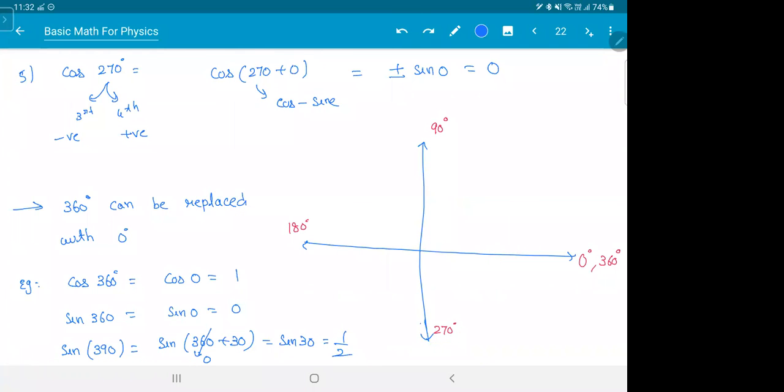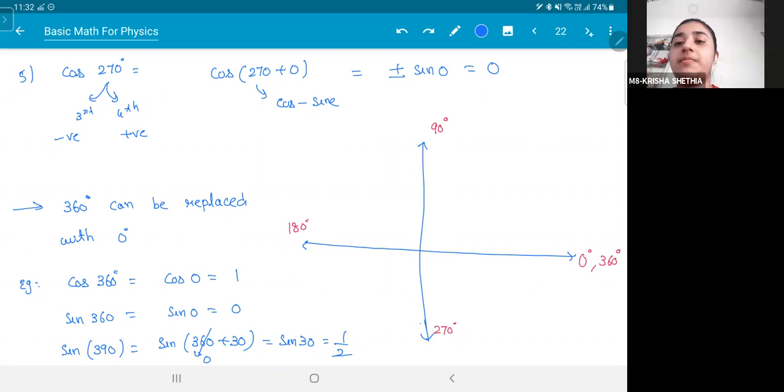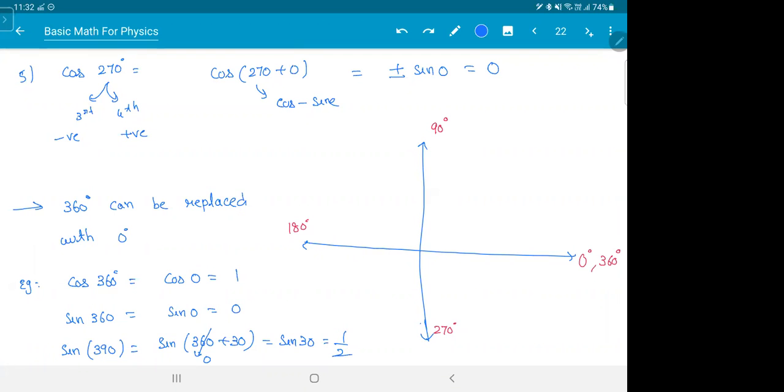Let's do a few problems on that also. Sir, here in 270 it is 0 plus or minus, but in other case, if there is a number other than 0, then there is no problem, na. Suppose let's say this is 30. Then I know it is fourth quadrant. Got it? Because it is 0, you are getting a problem. But the 0 will resolve the problem because the answer is 0. But if you have any other number, then the sign is clear. You know which quadrant it is.